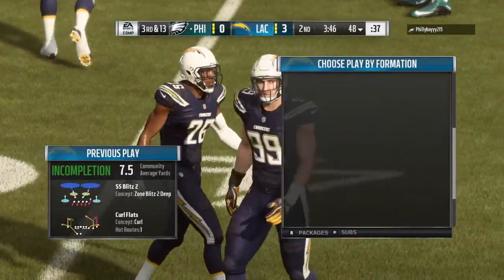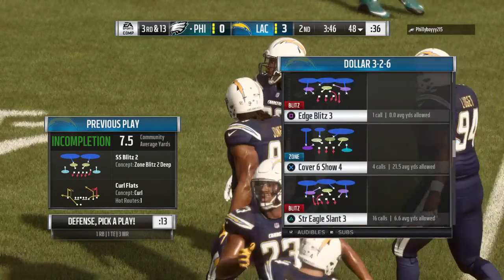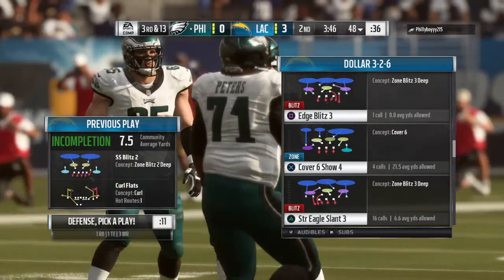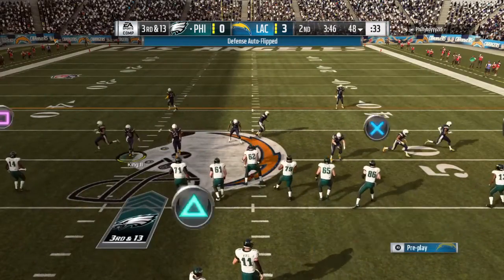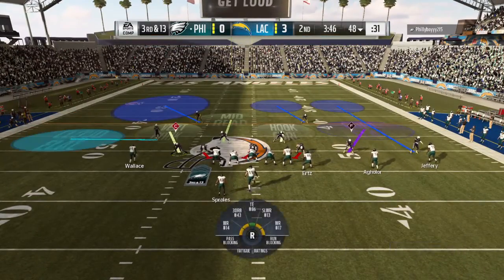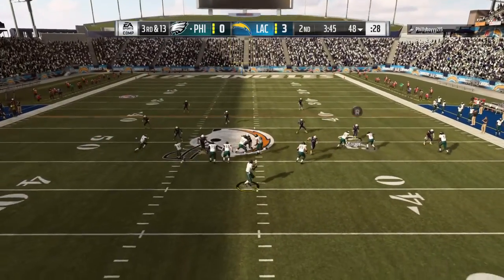Seems like this defense, especially the secondary, has really been contesting about every throw in this 1st half. Reminds me of a good half-court defensive basketball team. Every time a pass is thrown, they're right there in good defensive position, able to affect the play. An incomplete pass on that last play, and that means they'll need to come up with something here on 3rd